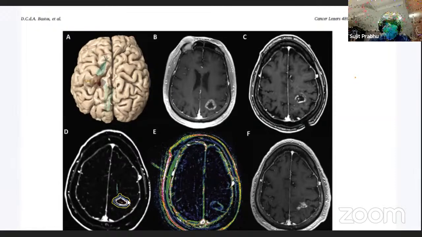We want to achieve complete ablation by the blue line. You can see the blue line here, which pretty much envelopes the entire mass. And so if we get the blue line to go beyond the margins of enhancement, then we've achieved a complete ablation. And usually the yellow line, which is obviously the line after the blue line, is also important because